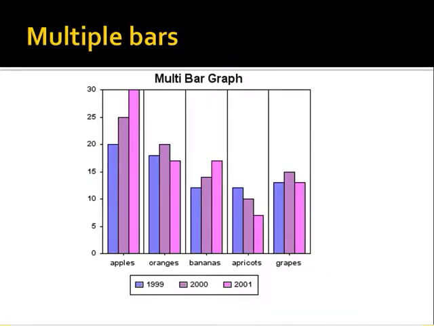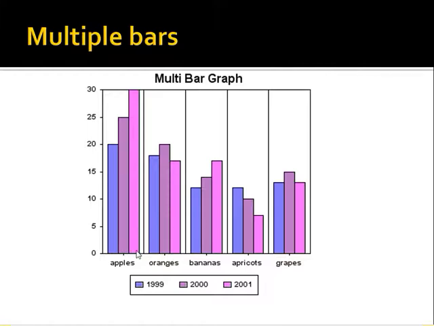Then we go to the multiple bar diagram. In a multiple bar diagram, two or more sets of interrelated data are represented. So, here this color represents the year 1999. All these bars with this color represent the year 1999, this represents 2000 and this color represents 2001. Now, this is regarding the sale of apples. You can compare the sale of apples in different years.